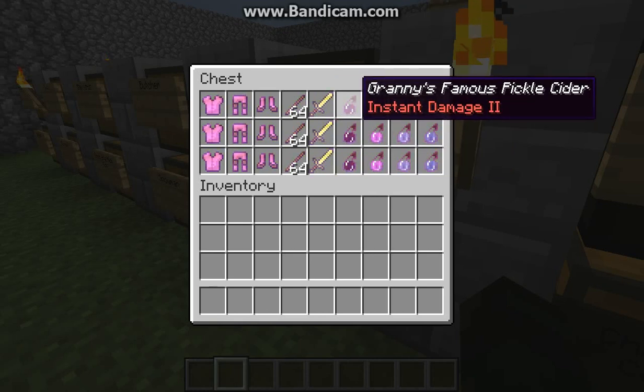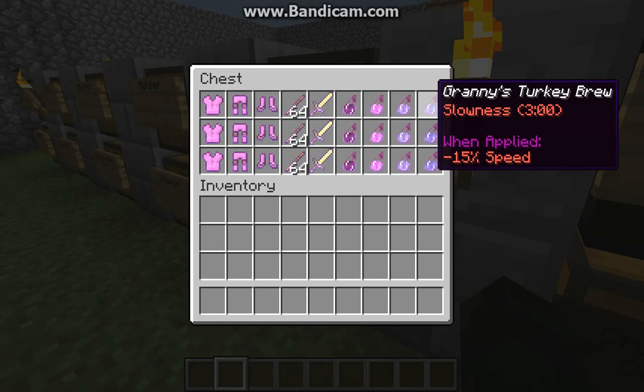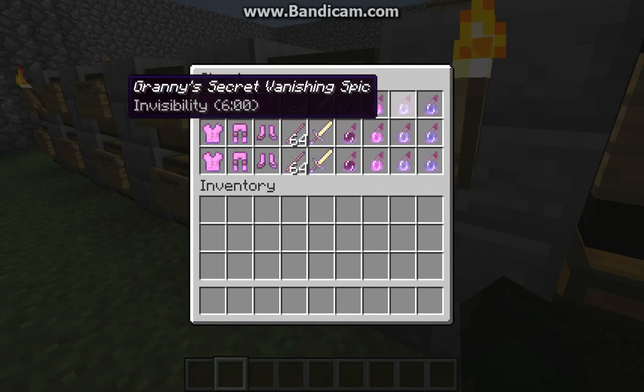Now, Grannies are good cooks, right? They got to have something very yummy for you to eat, so I gave her a lot of potions. She's meant to be like a potion melee class, so in a nutshell, she's got instant damage potions, regeneration potions, invisibility potions, and slowness potions. She's got Granny's famous pickle cider, instant damage 2, self-explanatory. Granny's famous apple juice, regeneration 1 minute 30 seconds, self-explanatory. Granny's secret vanishing spice, invisibility for 6 minutes,